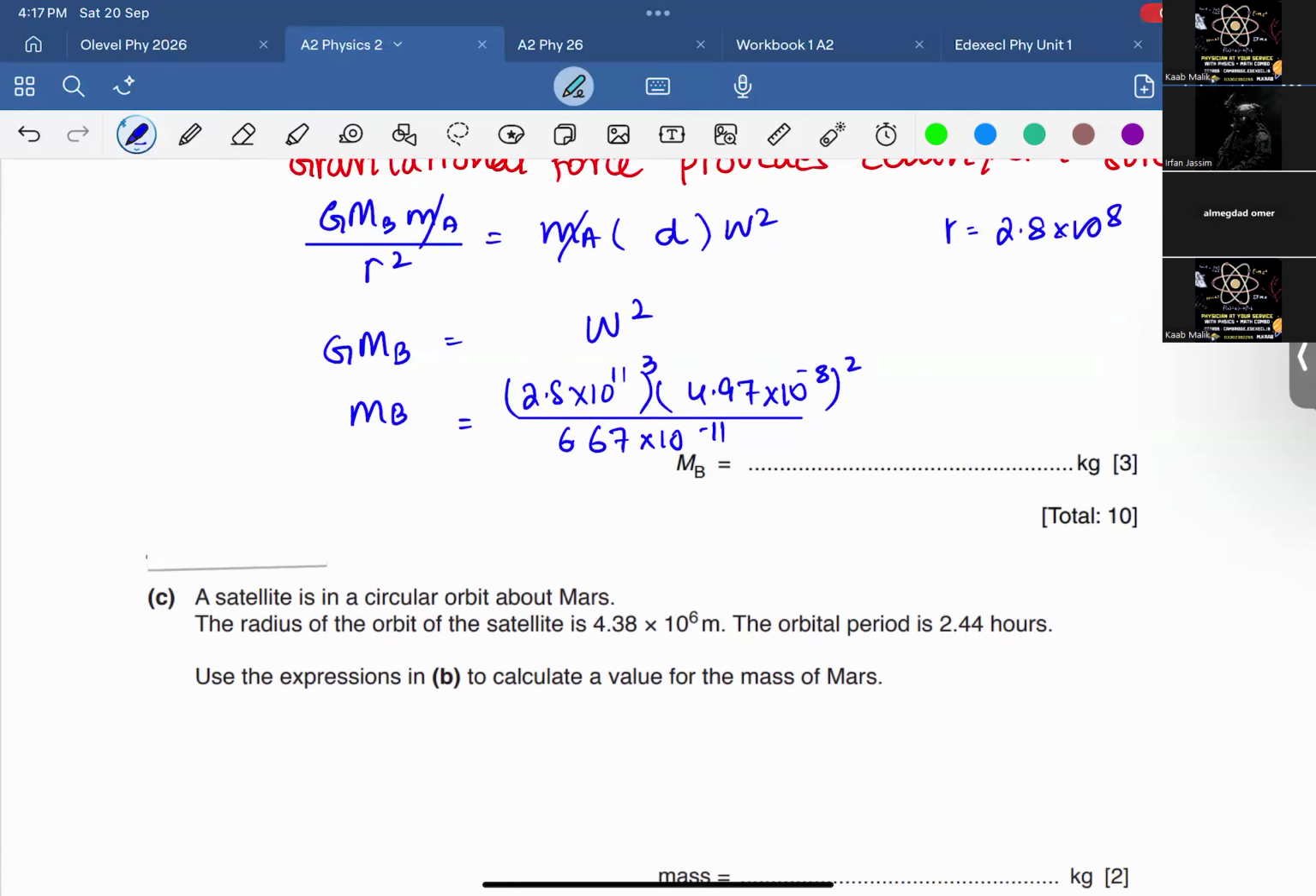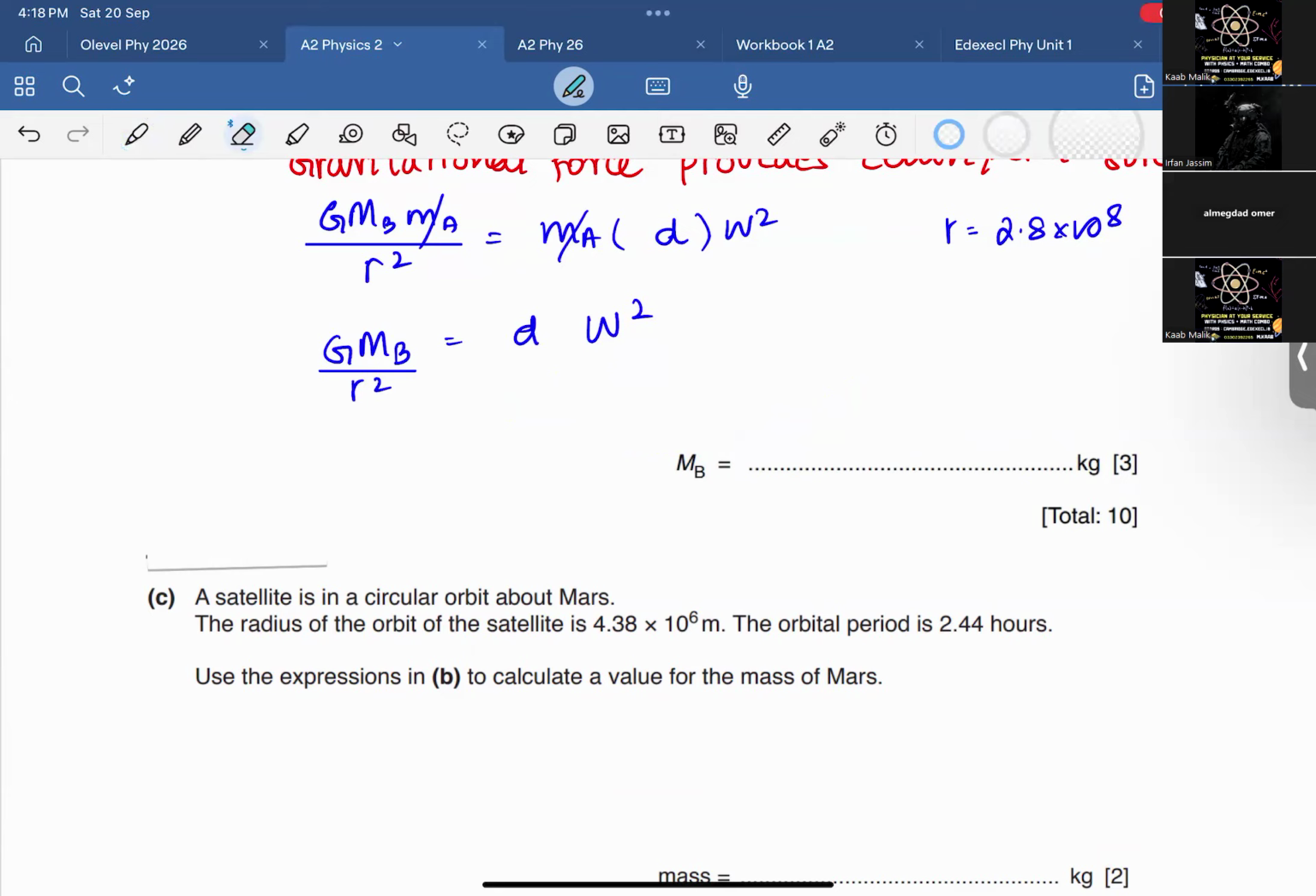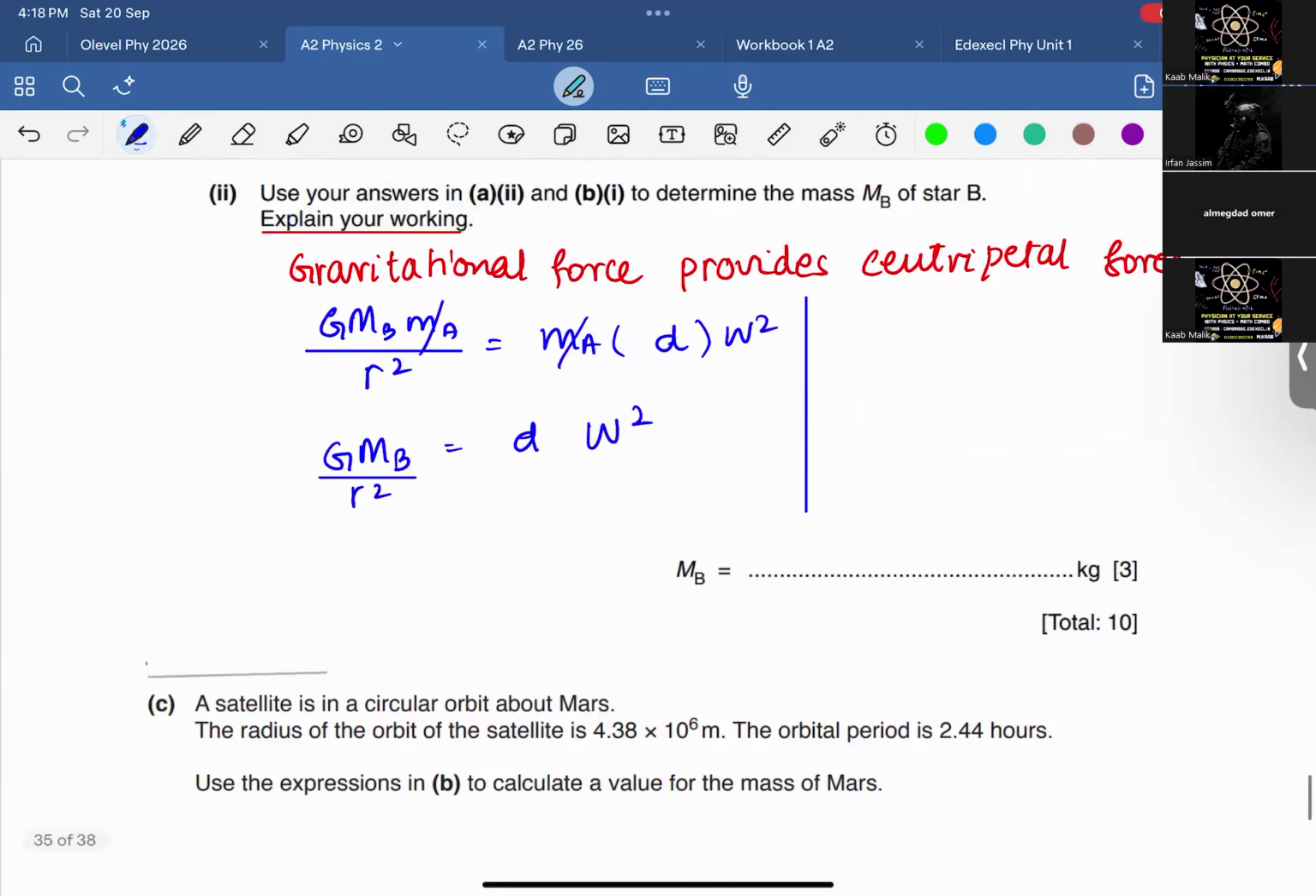Okay, so D is 7 into 10 to the power 7, right? Yes. So this is R square and that is D. Now D is going to be 7.7 exponent 7. You can take 10 because it is in kilometers. And omega is 4.97 exponent negative 8, and then divided by,